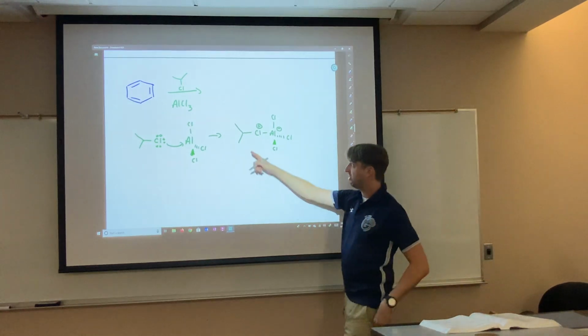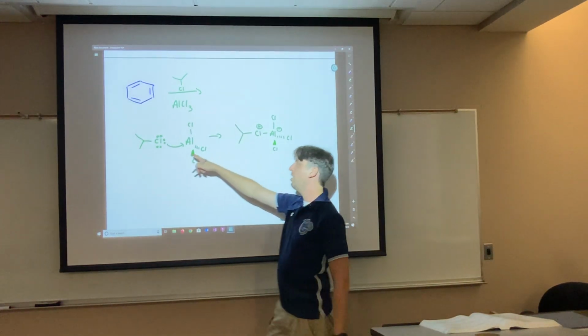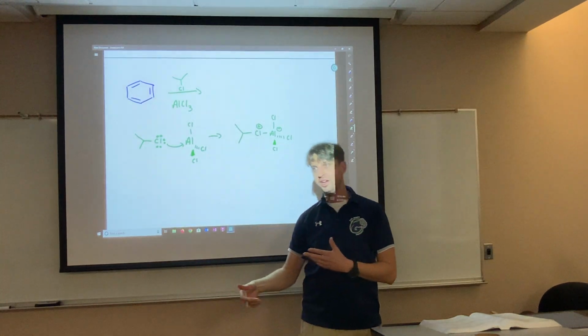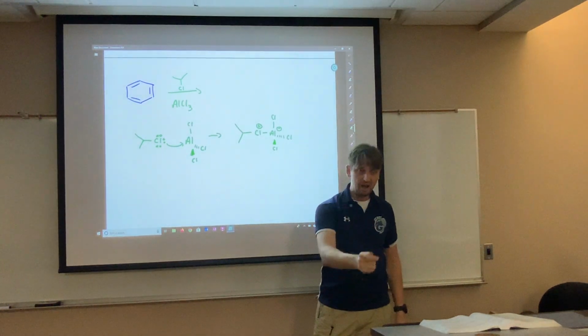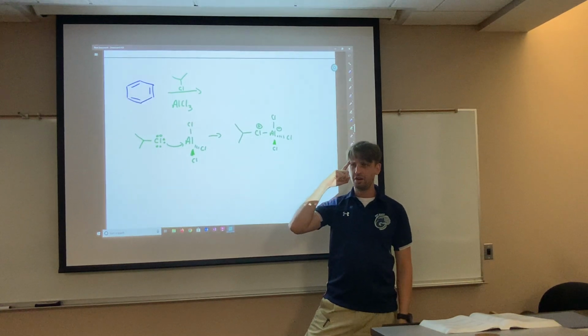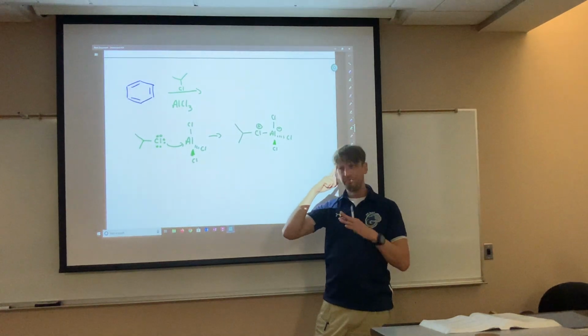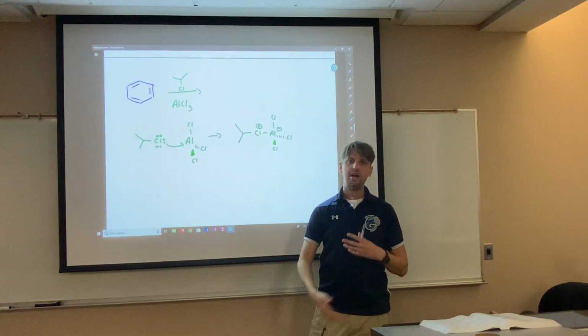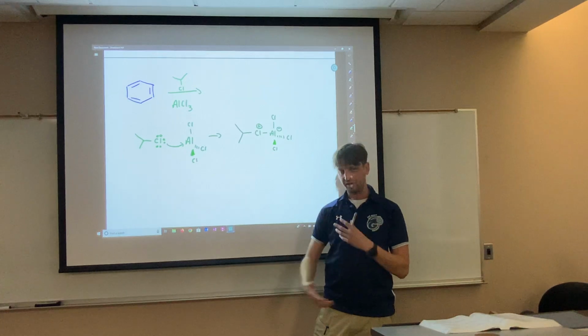Now we've got to pause and say, right? We start out with a secondary halogen here, and so we're going to end up generating a secondary carbocation. Stop, right? What does that immediately tell you guys? Okay, we're generating a secondary carbocation. It's okay-ish, it's not the greatest. This is going to be the slow step, the rate determining step,